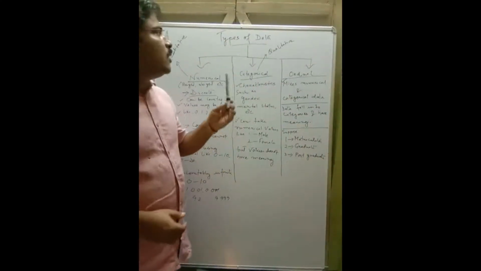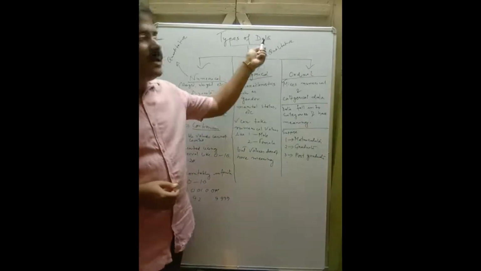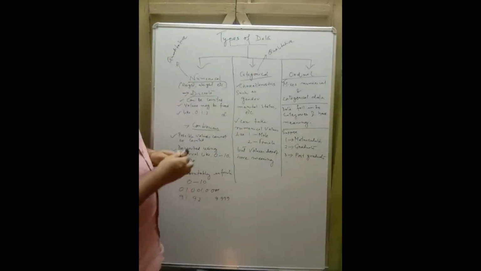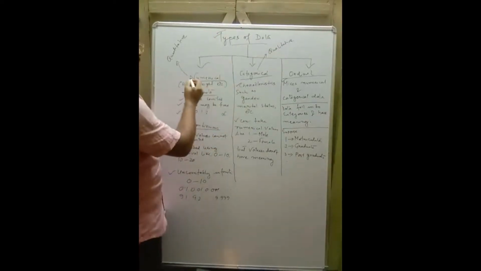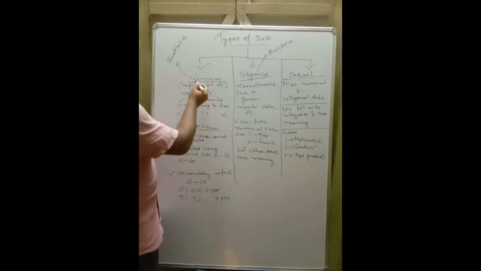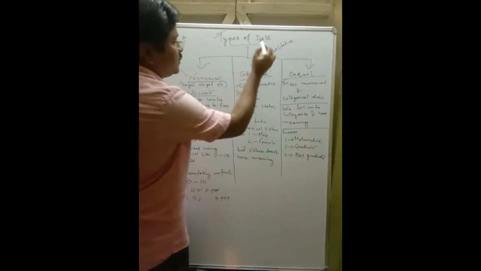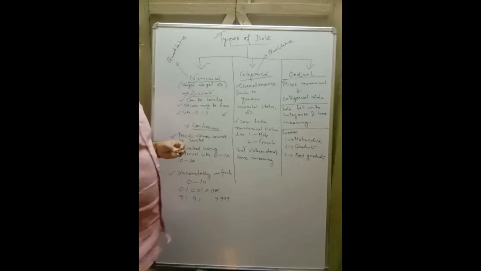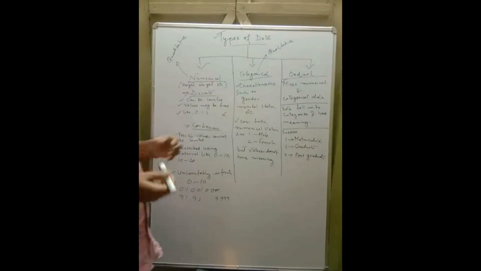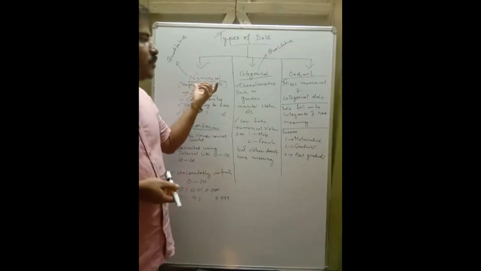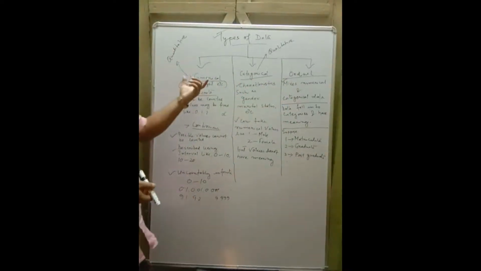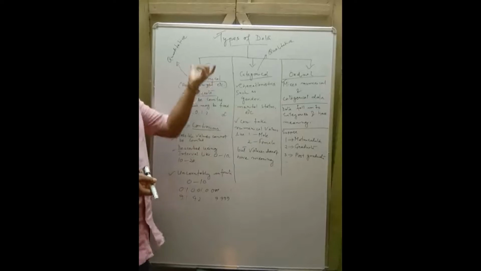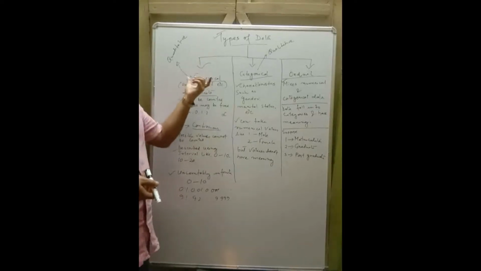So now we have the types of data, and in measurement scale, they are numerical data, categorical data, and ordinal data. So let us discuss one by one the nature or features of numerical data, categorical data and ordinal data. So in measurement scale, if you take numerical data,